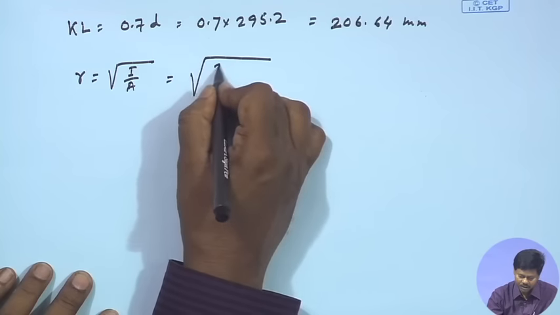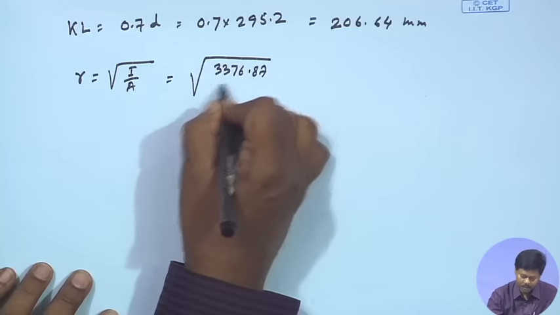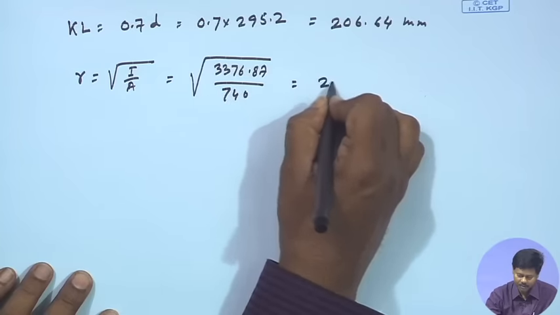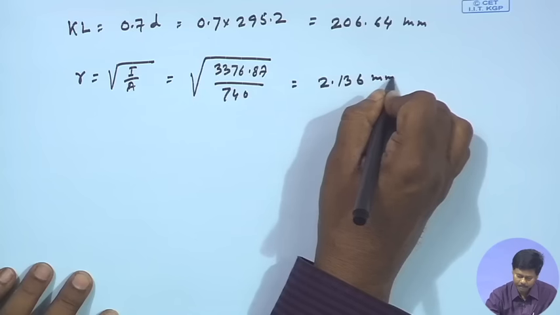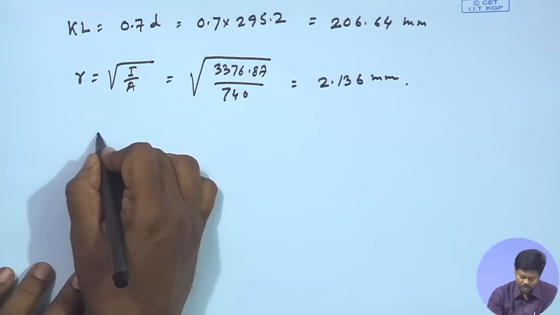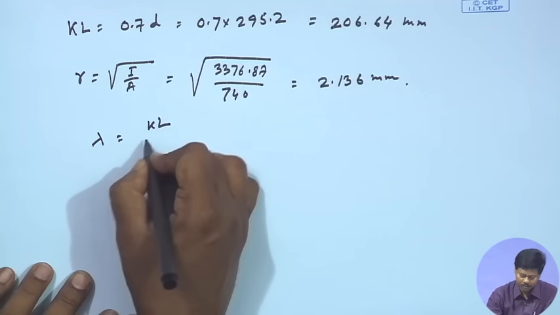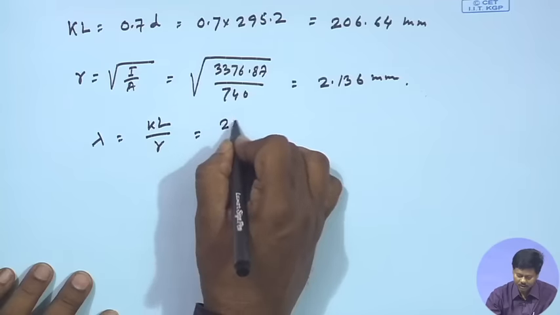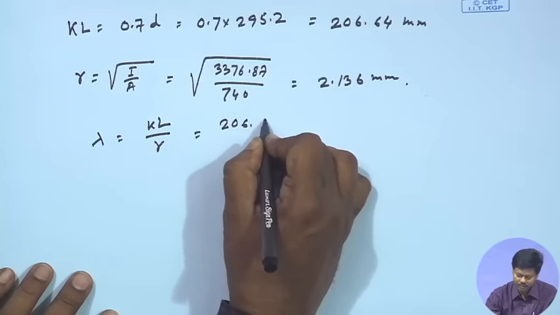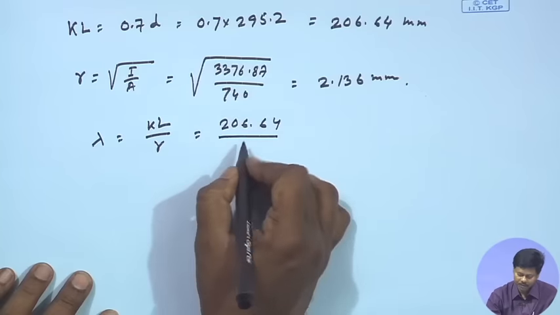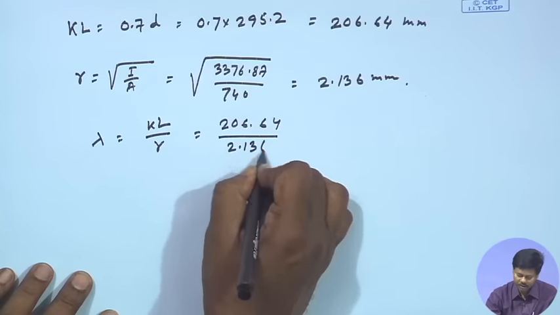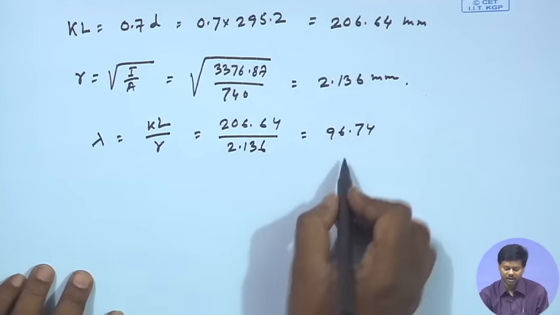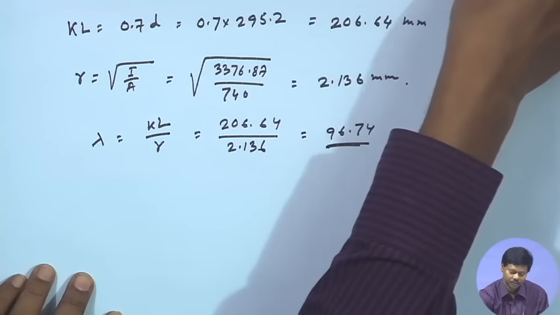So, I is 3376.87 and area is 740. So, this is becoming 2.136 mm. And slenderness ratio lambda also we can find out as effective length by radius of gyration. So, effective length we calculated earlier as 206.64 and radius of gyration we calculated 2.136. So, this is becoming 96.74. So, slenderness ratio of the web we could find out as